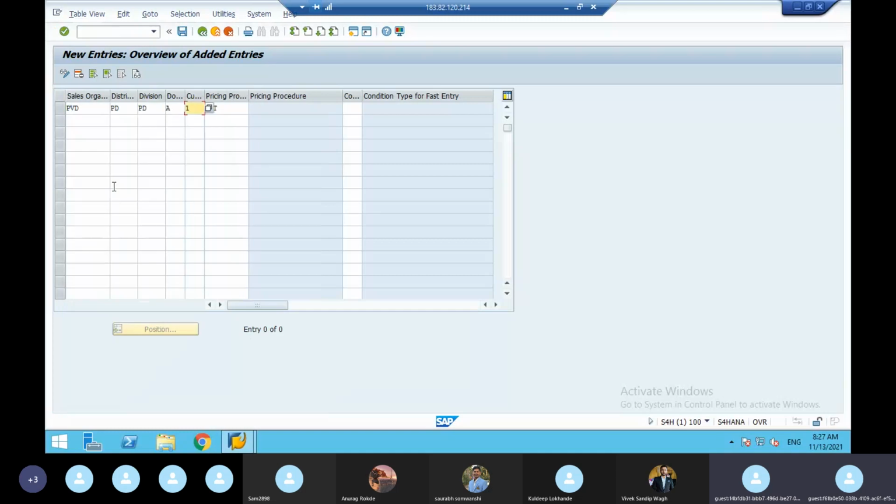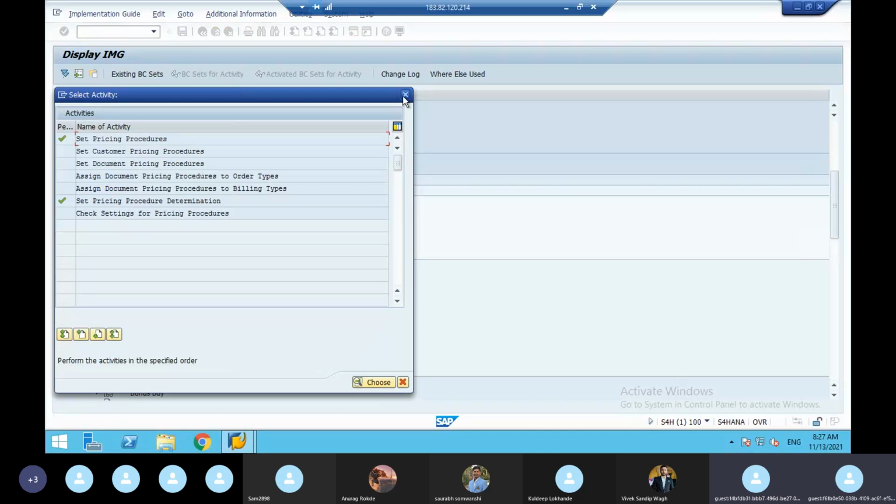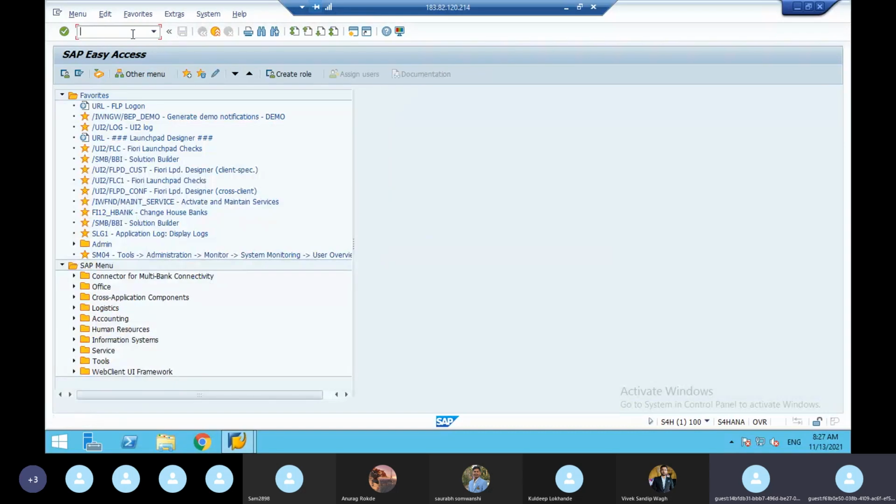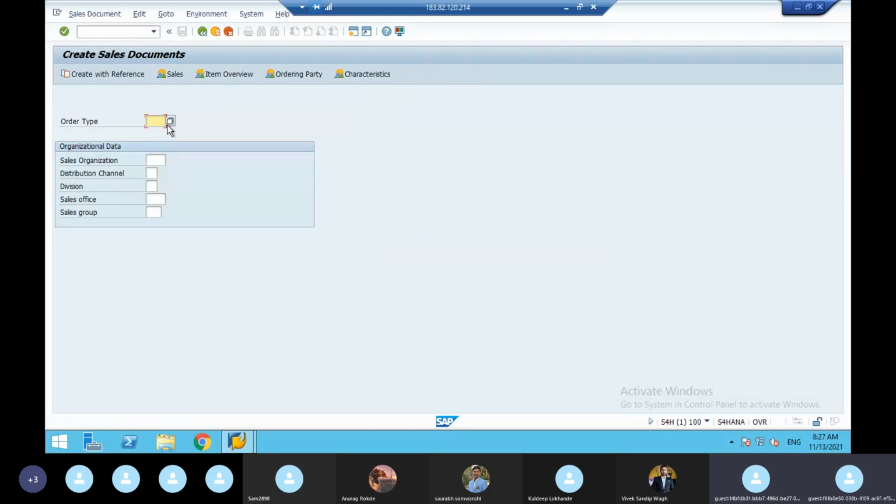So once you assign this and enter and save, now you see how the invoice will come in the implementation. You have to check whether implementation is correct or not, because you have done everything in the implementation management guide. To check whether it's correct or not, you have to create one sales order, VA01. There only you will come to know everything. Here you give OR, sales organization PVD. To this only you assign your sales pricing procedure. PD, this is wholesale, and again here PD, it is division TV.